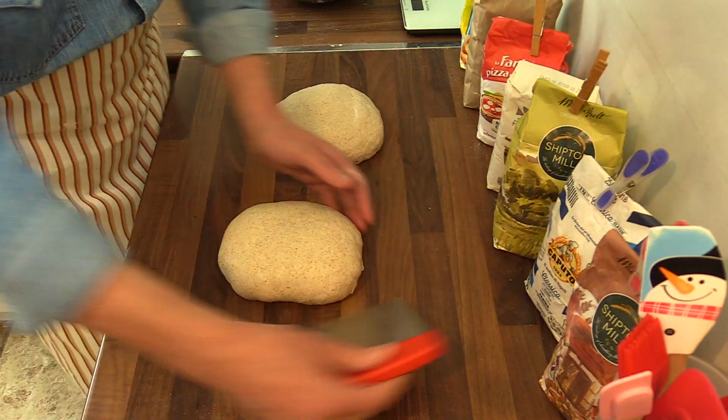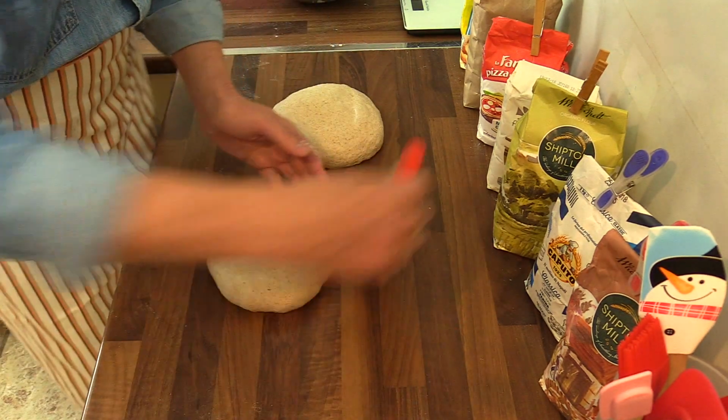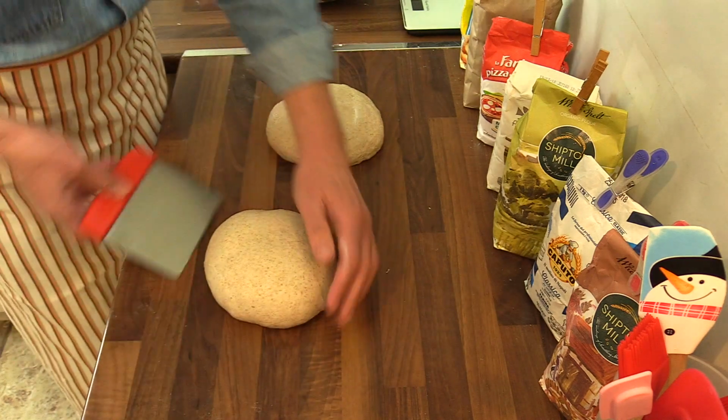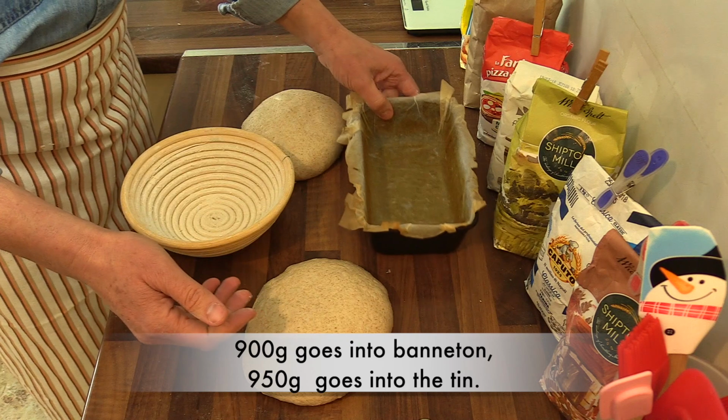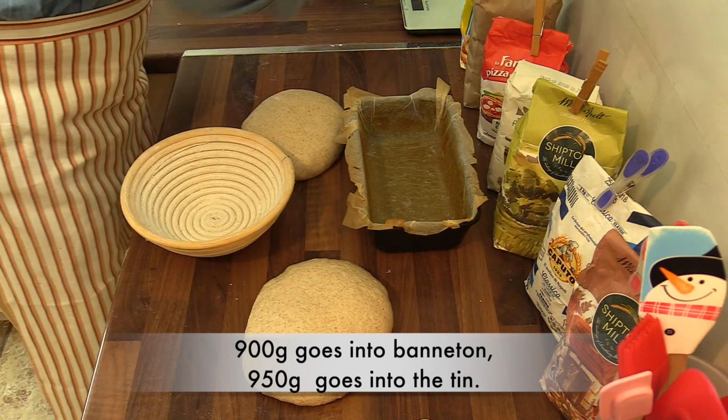You prevent it by putting your hand there, you see. There it is. Job done. We are letting the dough rest a little bit. In the meantime, I'm going to prepare the banneton